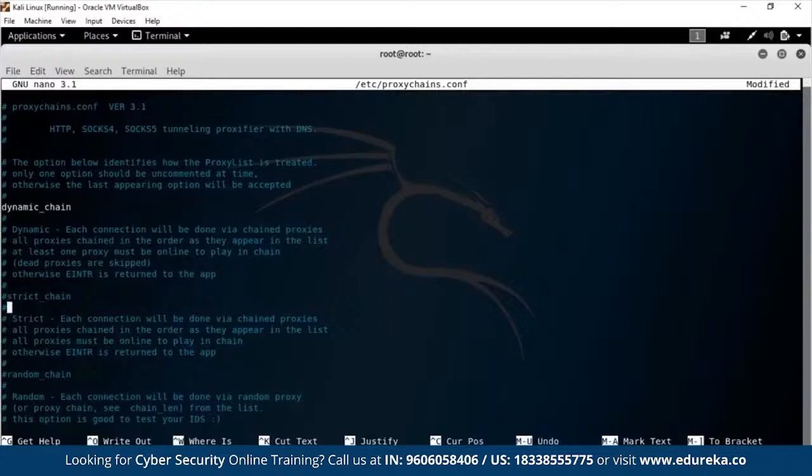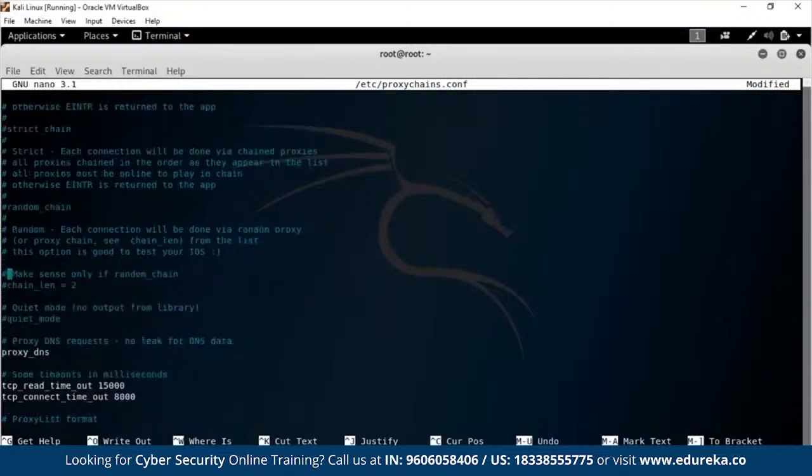Now down below you have some other options too. First is random chains. Random chains are in effect basically the same thing as resetting your service. If you're resetting your Tor, you will be assigned a new IP address. Tor assigns you a new IP address every 10 minutes or so. With the random chain, you can specify a list of IPs, and then tell your computer, okay, I want you to connect to this point, and every time you connect, every time you transmit a packet, I want you to use a different proxy. We can do that as well, and that's one of the options. You can also say, use this one 5 times and then change to another one, or something like that. There are a lot of options to specify there, primarily the chain length. Anyway, down below there's quiet mode.